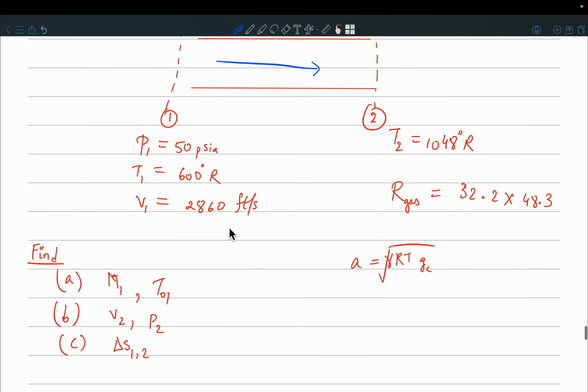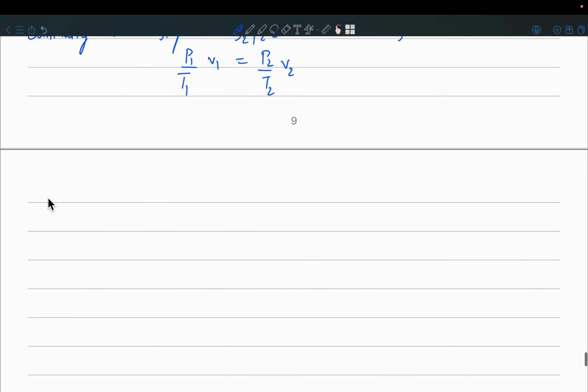Energy equation can be applied. What will that be? Yeah, so it's just H01 is equal to H02, right, because there's no heat added, there's no work. Okay, so that also means T01 is equal to T02, but T01 we just found out earlier, so we know T02,